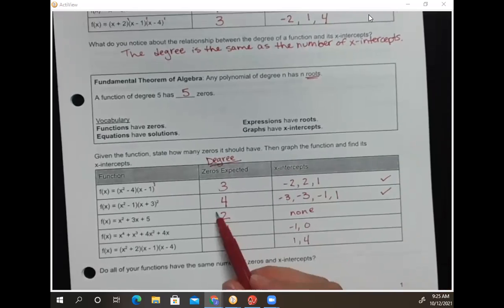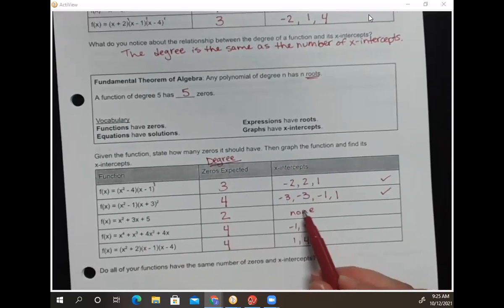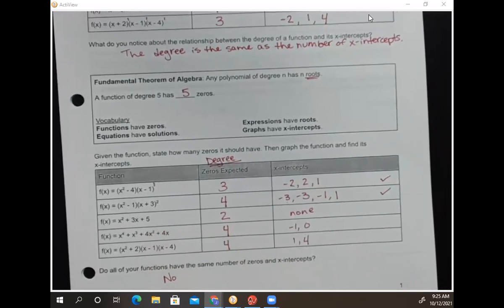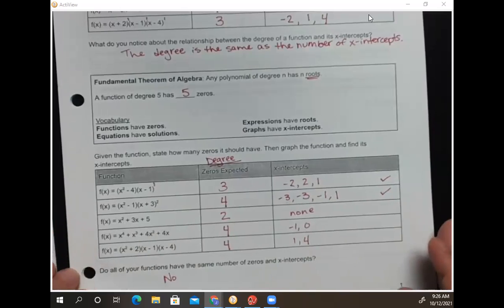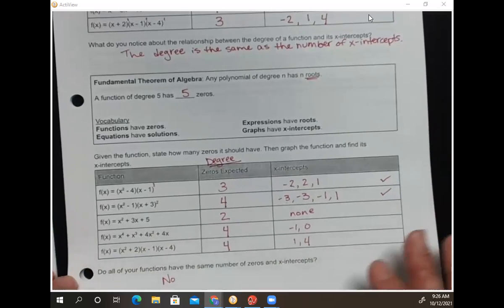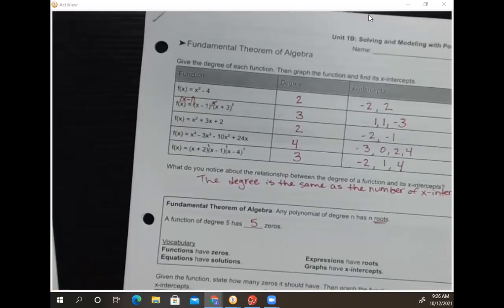Do we see that? I expected 2 because my degree is 2 and I didn't have any at all. Here I had 2, but I was expecting 4. And again, I had 2, but I was expecting 4. So did our x-intercepts match up with what we literally just said our x-intercepts should be? No, right? Okay. That doesn't mean that I lied to you. What it means is that there's something else that we're going to consider in this unit. There's sort of another factor at play here. Okay. So if we turn to the next page,